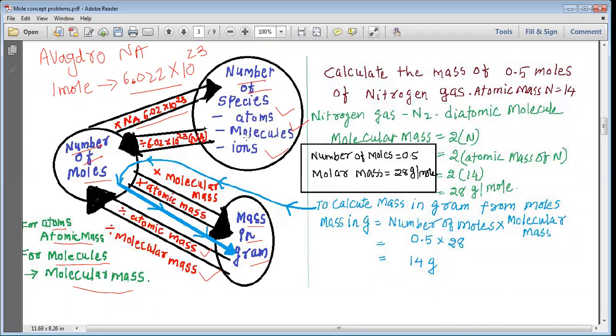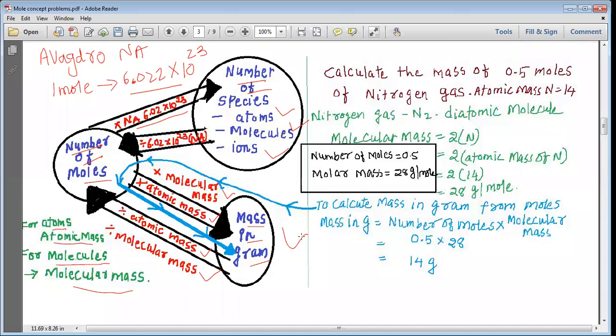In the same way, if we are given the number of species, that may be the number of atoms, molecules or ions, then dividing by the Avogadro number NA, you can see here I have made an arrow to show that it is the division part, we get the number of moles. And when this number of moles is multiplied by the atomic mass for atoms, or by the molecular mass for molecules, we get